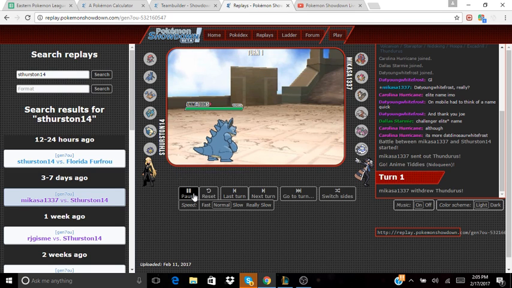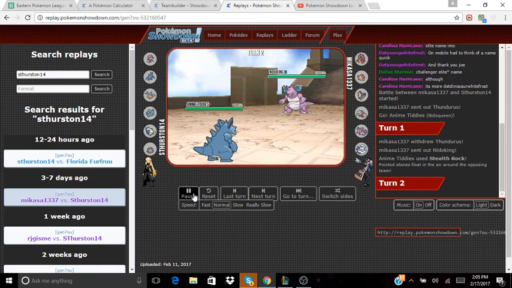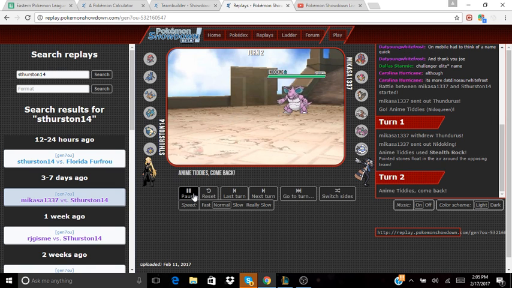So we're going to go ahead. He's going to swap out in the Thundurus. He's going to go into Nidoking, and I'm going to go for my Stealth Rocks. Now here, I'm thinking he's potentially Modest Life Orb because Nidoking outspeeds Nidoqueen. So I went into my Snorlax,